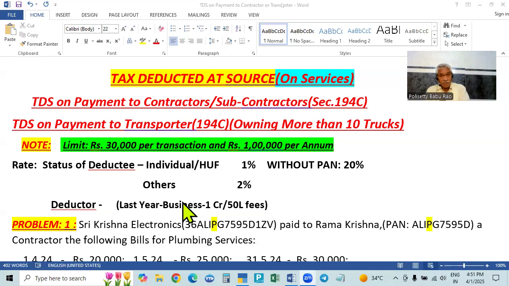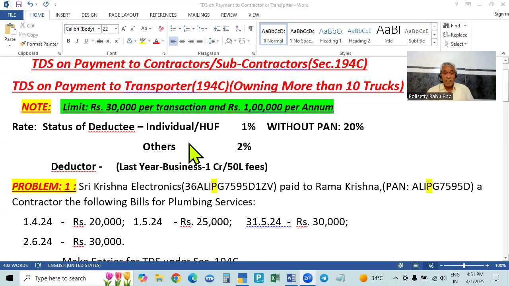In the case of a professional, the professional fees gross receipt is above 50 lakhs. So 1 crore for business and 50 lakhs for a professional. If the amount crossed in the last year, then this year he has to deduct. If any individual, HUF, BOI or association of persons doesn't have a business, or even if they have business but the limit is not crossed, then they cannot deduct the TDS.